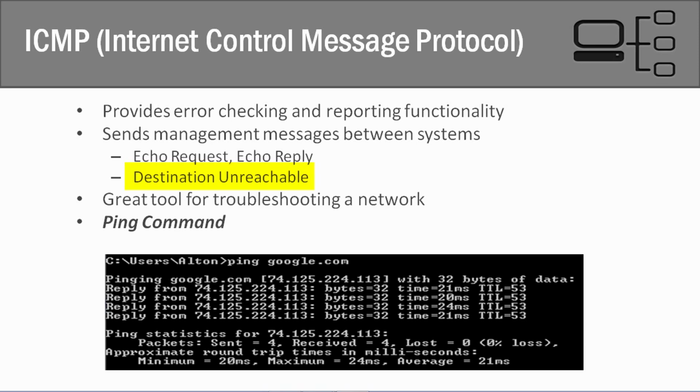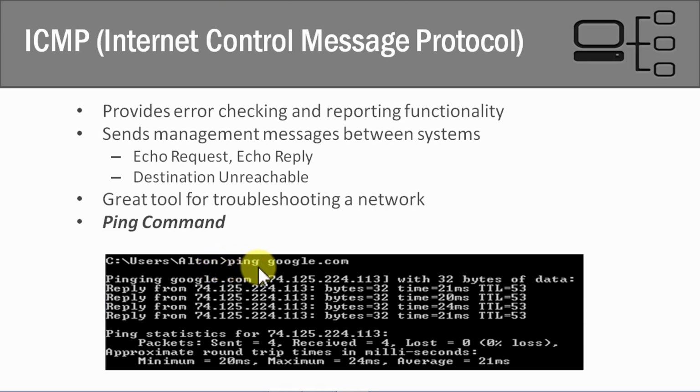We use this very commonly in the network support and desktop support realm, where if we're on a system and that system can't get out to the network, we can simply use a ping command to see if we can communicate with one of our servers or one of the other desktop systems. And if we can't communicate, then we know that we have some sort of an issue that we have to troubleshoot. So here's a quick example on the screen, and I am going to do a live demonstration,